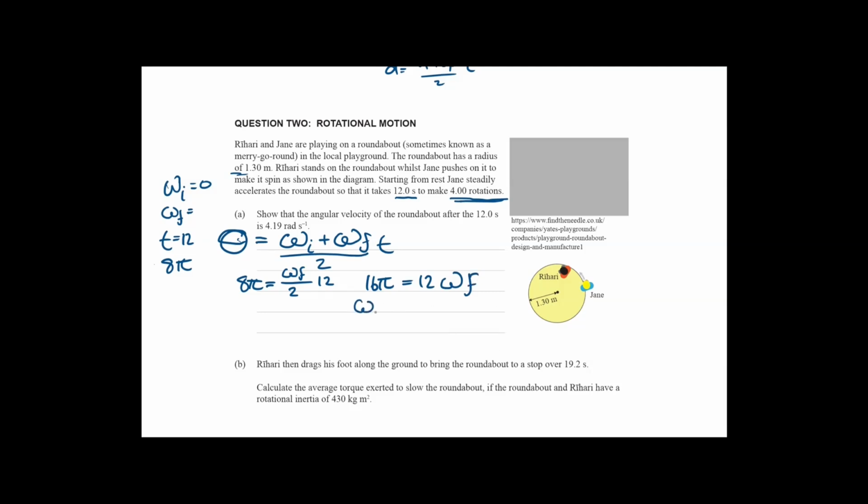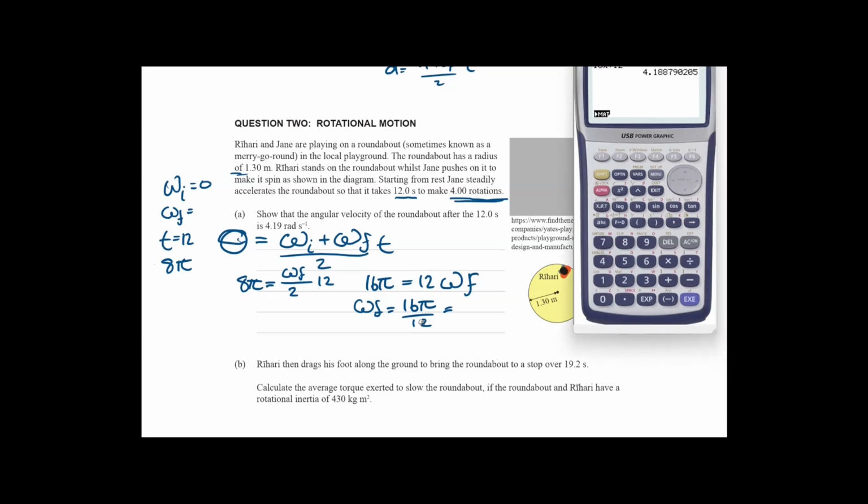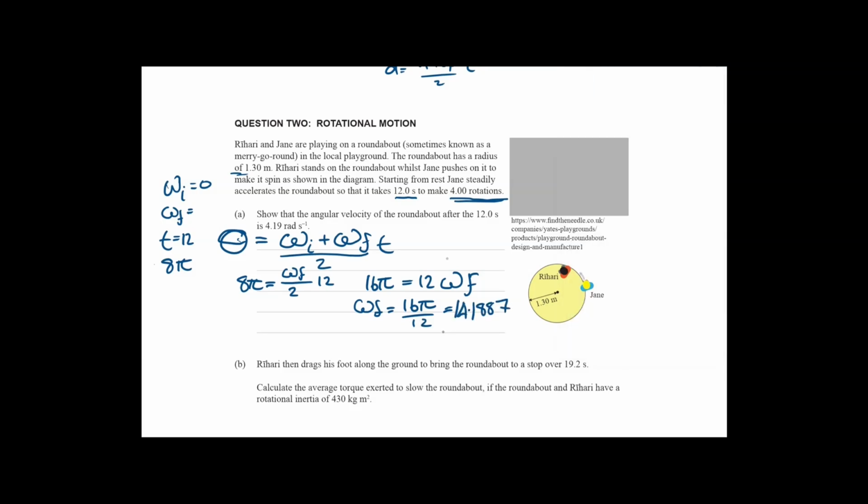So omega final is going to be 16 pi divided by 12, and it's going to give us a nicer number. 16 pi divided by 12 equals 4.1887, which is 4.19